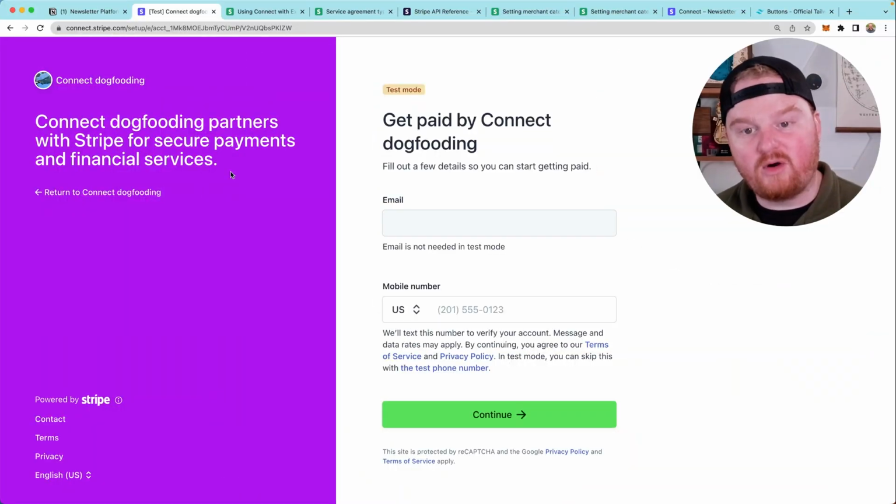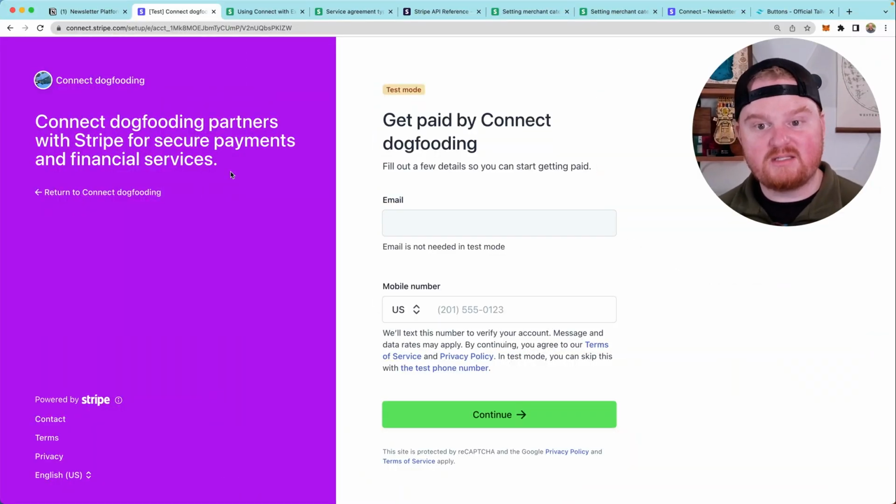In a previous episode, we set up a generic webhook handler. We're going to look at that today, but we're also going to talk about handling the account updated events because we're starting the onboarding flow for connected accounts. This is every time an author wants to get paid for newsletters that they're sending out, they need a connected